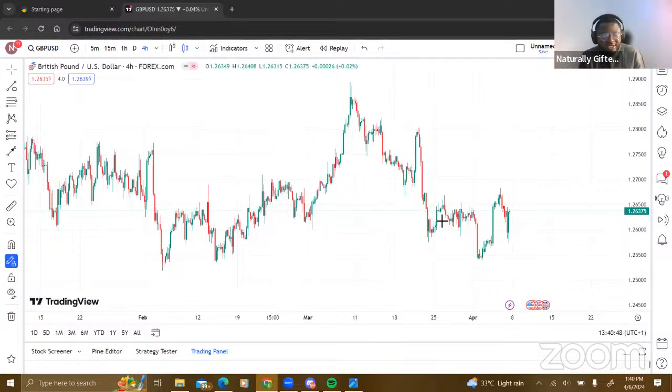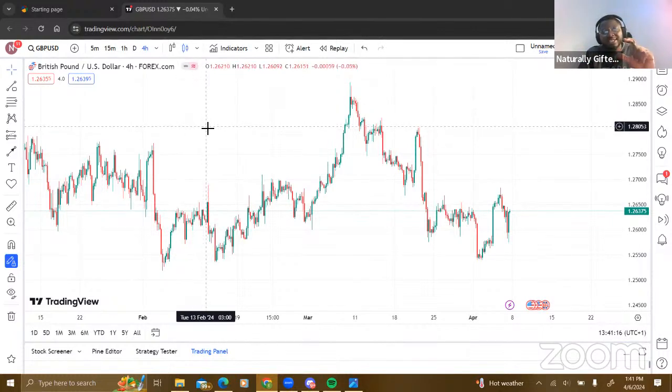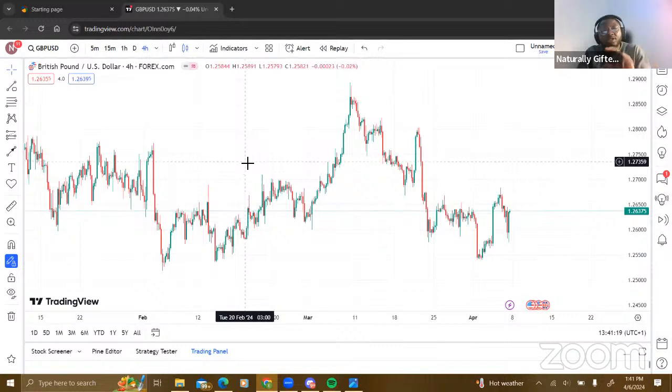Now, the question is this: if I am supposed to trade in the direction of the banks or the hedge funders, or the major investors in Forex, how then would I have an idea? How will I know what direction they are looking to trade? So this is GU right now. How can I understand the direction the banks are looking to buy or sell a currency pair?